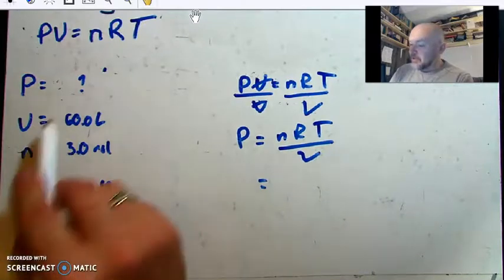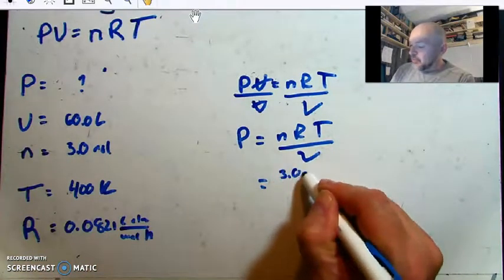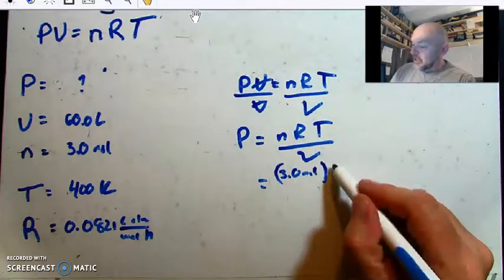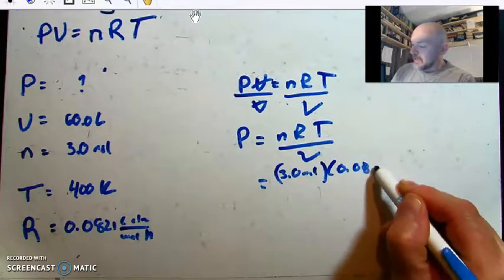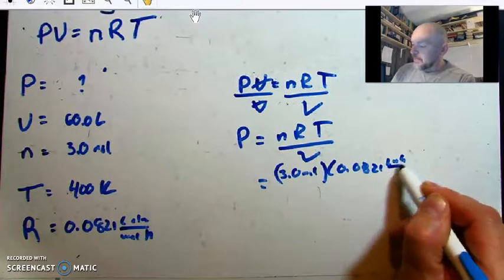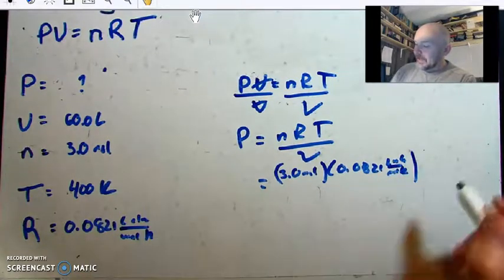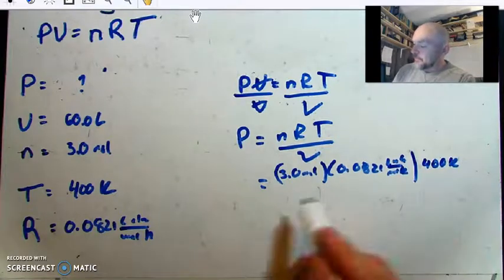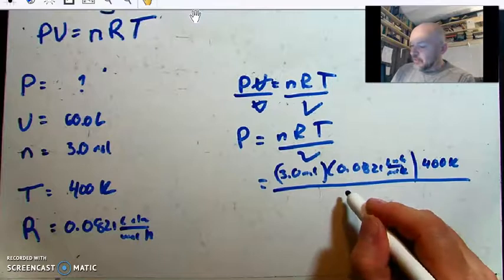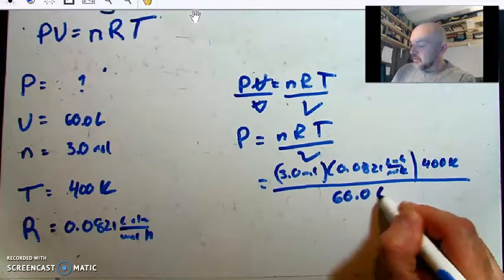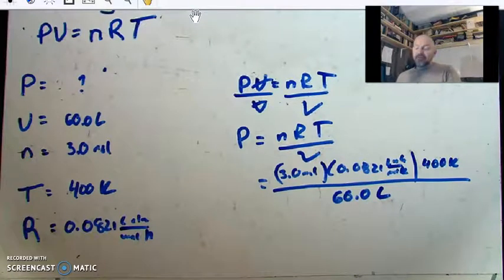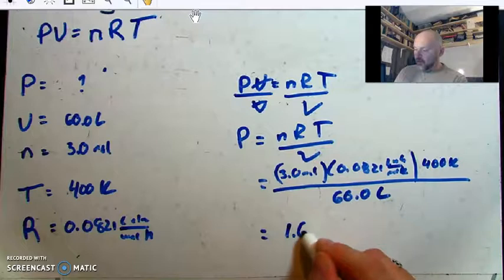I can now plug my numbers in. My n is 3.0 moles. My R, 0.0821 liter atmosphere per mole Kelvin. My T is 400 Kelvin. And my volume is 60.0 liters. Plug the values in. 3.0 times 0.0821 times 400, all divided by 60, gives me a value of 1.64